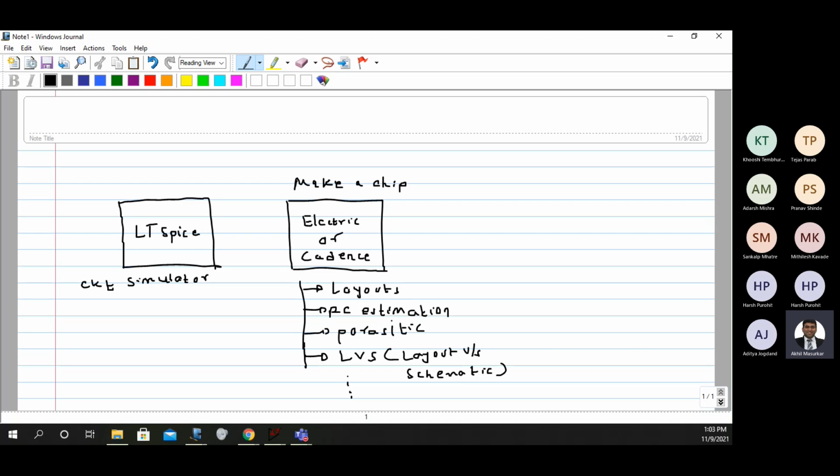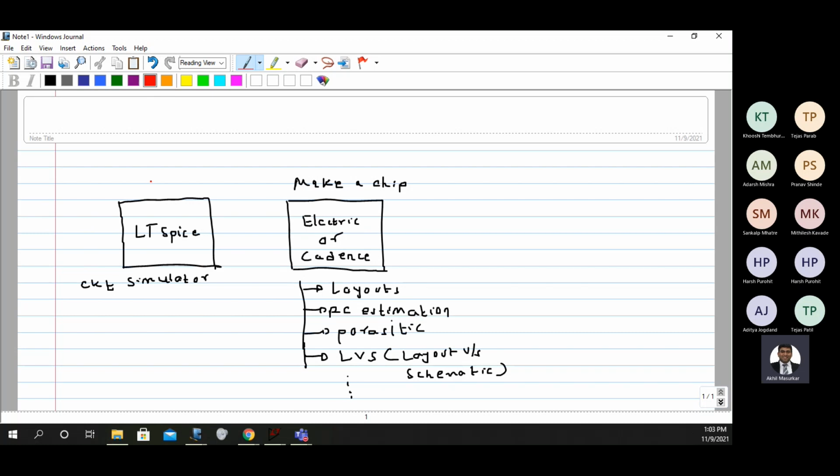So most of the times when you are designing some circuits, we generally go for LT Spice. Why do we go for that? Because it's open source, and most importantly it's free. So you don't have to actually pay a cost to understand circuit design. But if you want to analyze the circuit further, make a chip out of it, miniaturize everything, you may have to simulate it in some higher software, that is Electric or Cadence or something like that.